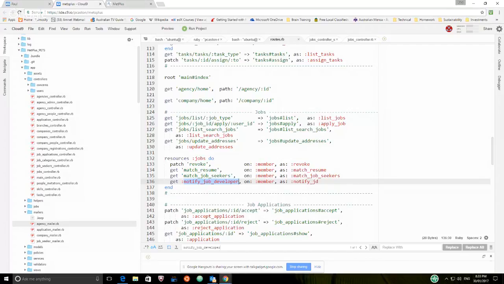Now it could be that we're not. We do authorize the job, but that hasn't changed, I don't think. Nothing in this has changed. Let's see what's happening in the before action. Do we have notify job developer here? Was there something set up in the index previously that isn't being set up now? Because it's the part I've changed. Right. I don't know. Well, we'll have to look at that, but